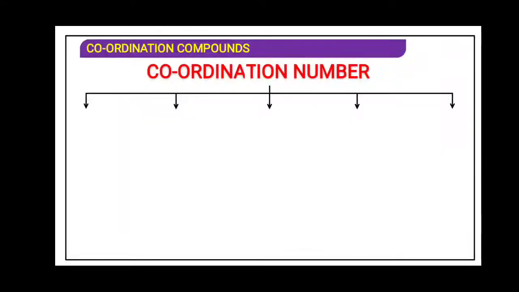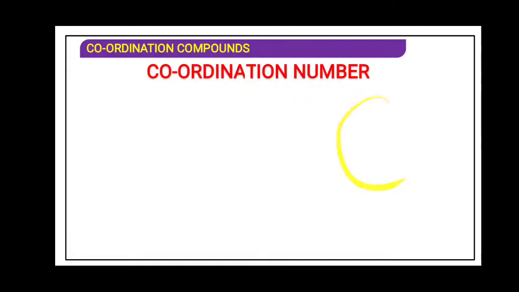Coordination number. Say for example, considering an example with the coordination number 2. Coordination number 2 means what? Two ligands are attached to the central metal atom, or a ligand which is attached to a central metal atom with two donor atoms. For coordination number 3, three ligands are attached, or a ligand is attached with three donor atoms. Likewise 4, 5 and 6.